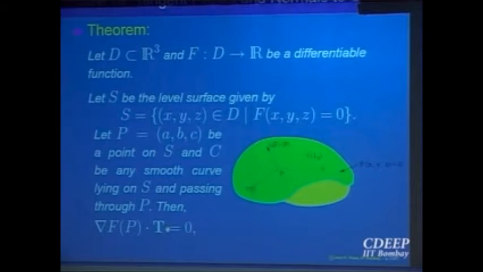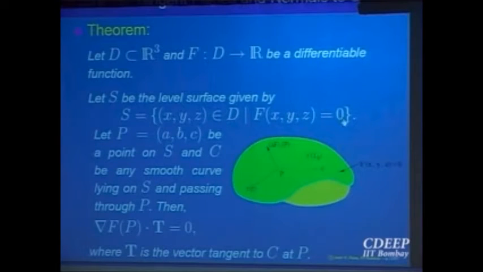That will prove where t is the tangent to the curve C at the point P. So that is what we want to prove, right? And how do we prove it? Let us take an equation for the curve, say r(t) or gamma(t), whatever you want to call it. Now that curve lies on the surface. So what is the meaning of that the curve lies on the surface? The equation of the curve is going to satisfy the equation of the surface, and that is given by f(x, y, z)